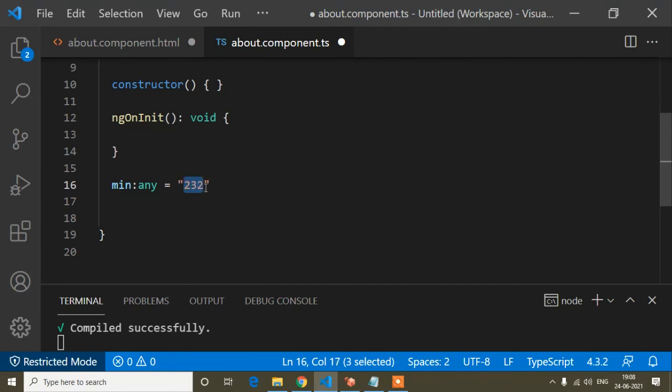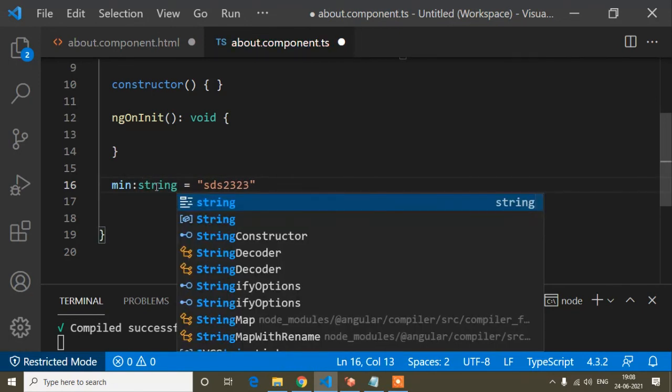When we write a value within inverted commas, it converts into a string. So 230 is now not a number, it's a string. Otherwise you can set the type separately, like number or string, but I suggest you write any.